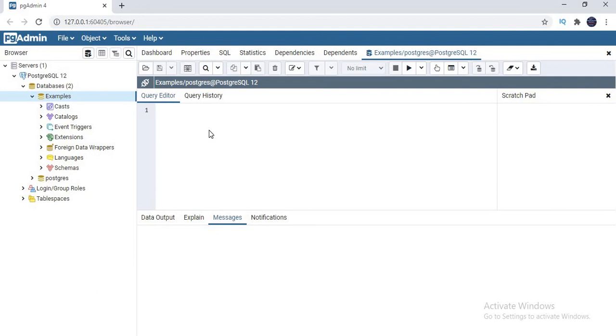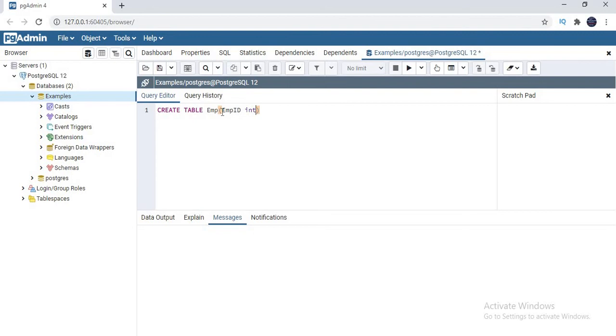So I showed you how to create a database. Then let me show you by using queries how to create a table. It's the same as SQL Server if you are already aware of it. If not, nothing to worry, it's very easy. In the examples database, simply let me create an employee table, EMP. So the name of the table is EMP, and what are all the columns you want? I'm planning to keep the columns as EMP